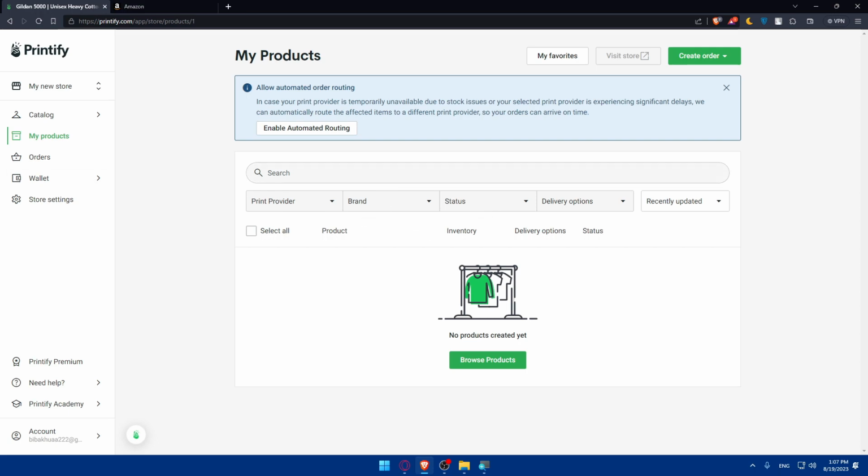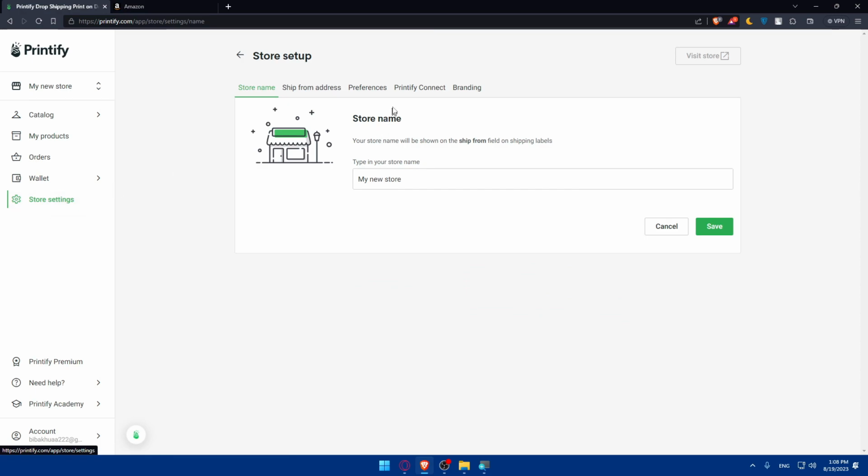After that, we will have to go to the step of integrating Printify with Amazon. Using Printify integration tools, you can connect your Printify account with your Amazon seller account. You can follow the prompts to authorize the integration and grant permissions. To do so, of course, you'll have to go to store settings, as you can see here, and simply click